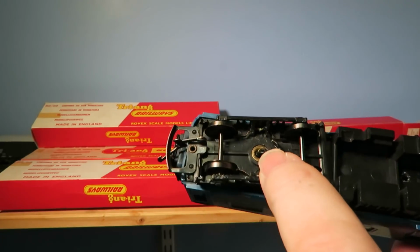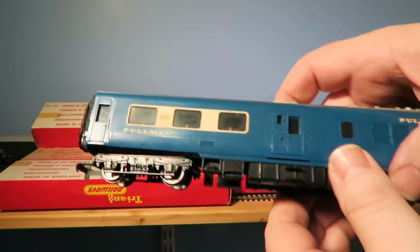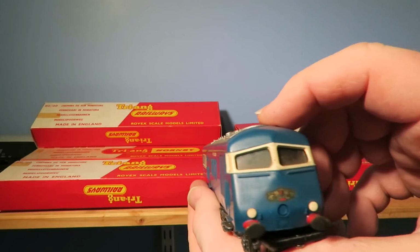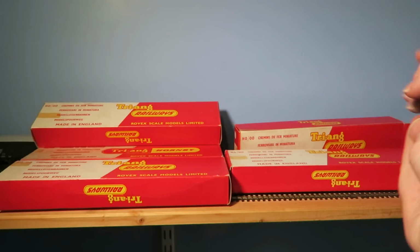There's additional pickups been fitted on this end. I'm not sure if that was standard. I wouldn't imagine it to be. That obviously would help it over points and things, because otherwise you'd only be picking up on the front here. But there she is, as I say, quite grubby, but she is all there. So we've got the two motor cars,